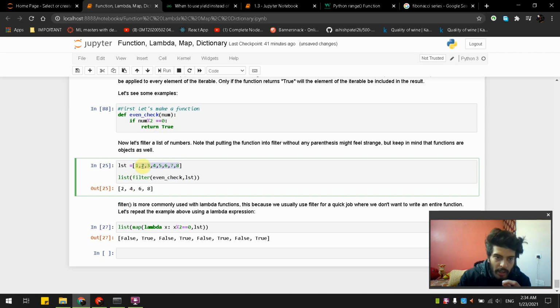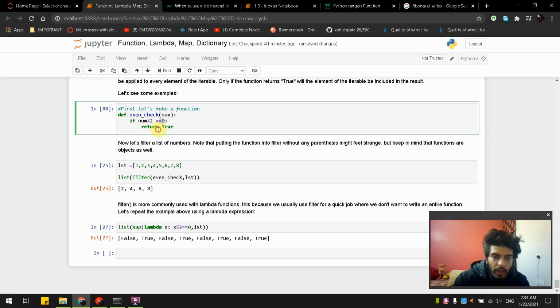If the second number is 2, then 2 is num, then it is taking num percent 2. Percent means modulus, which is the remainder. If 2 divided by 2 gives you 0 remainder, it means it is true, so it is kept here. Keep going forward, like 3: 3 percent 2 gives you remainder 1, which is not equal to 0, so it returns false.